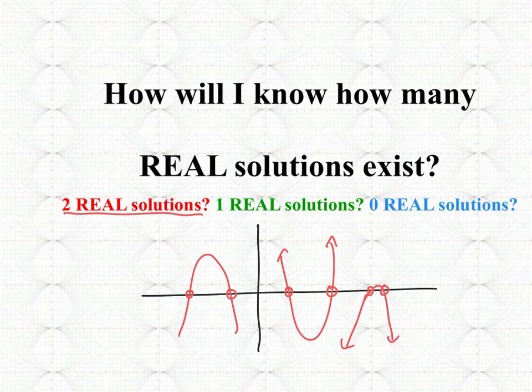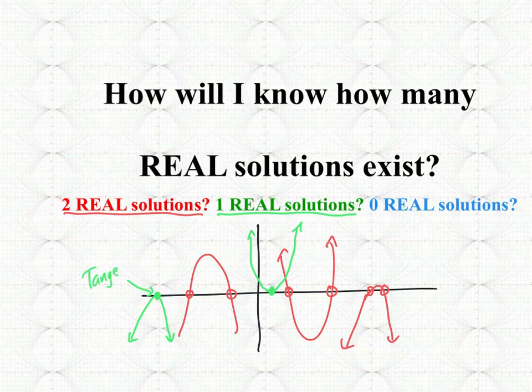Well, what if I had only one real solution, like the last example we just did, where the answer was just x equals 5/4? How was that possible? Well, that would be the case if the parabola touched the x-axis and went back up, meaning that the x-axis is in fact the vertex. Or I could have had it where it came up like this and came back down, where it only touches the x-axis once. And that is called the graph being tangent to the x-axis,